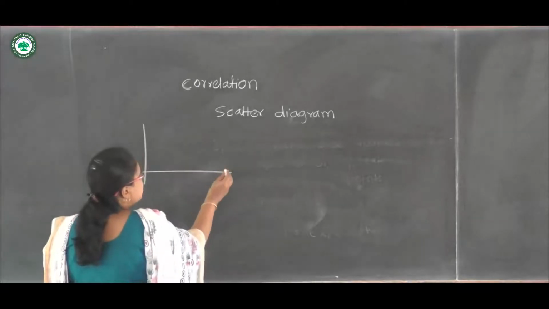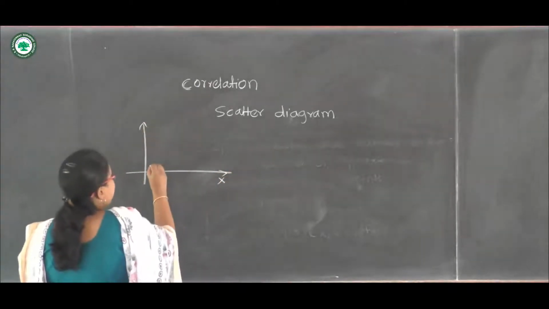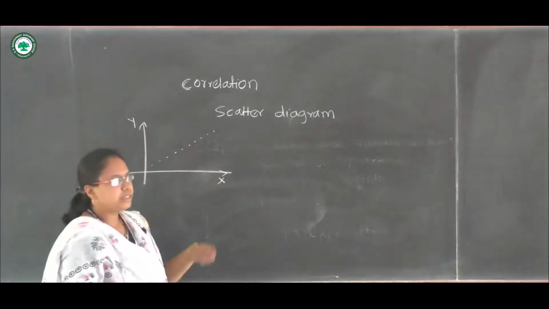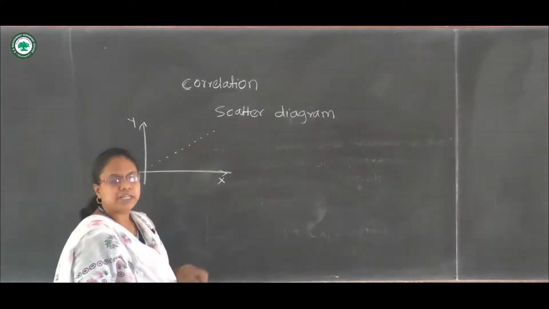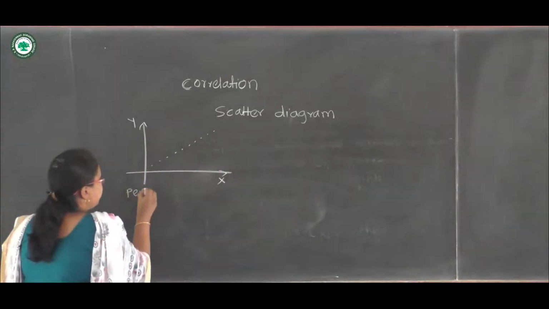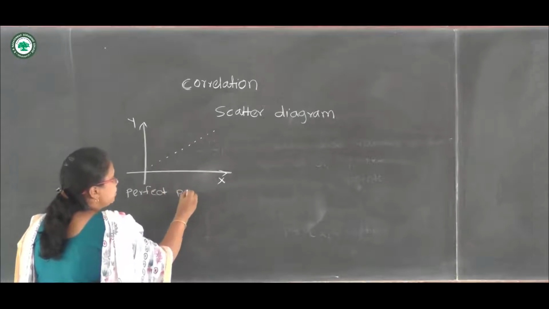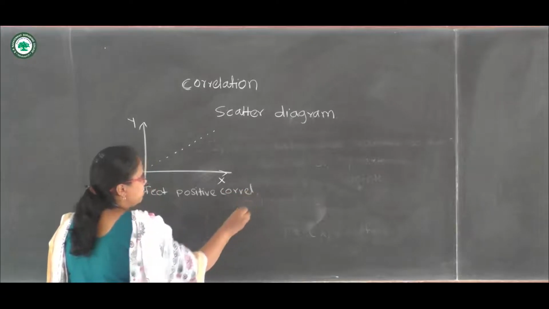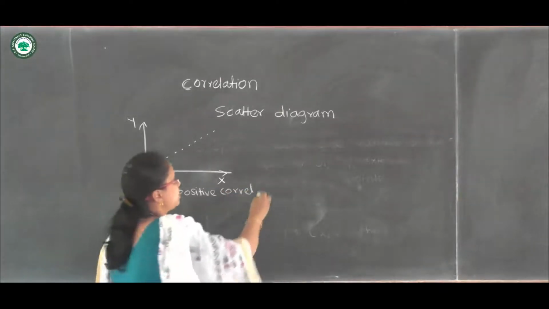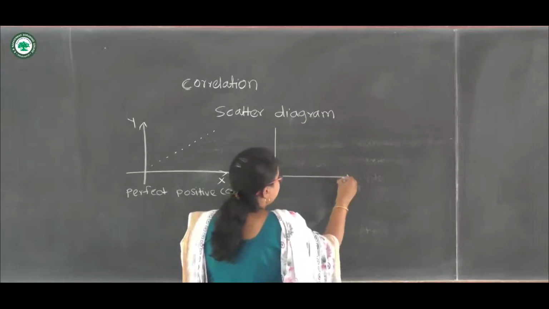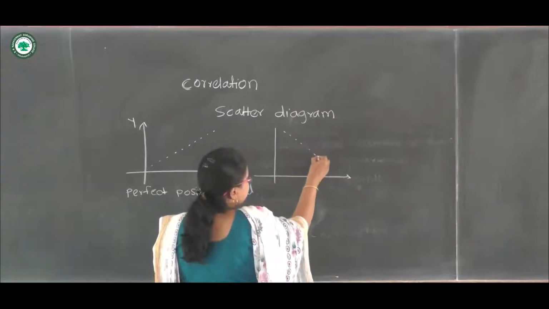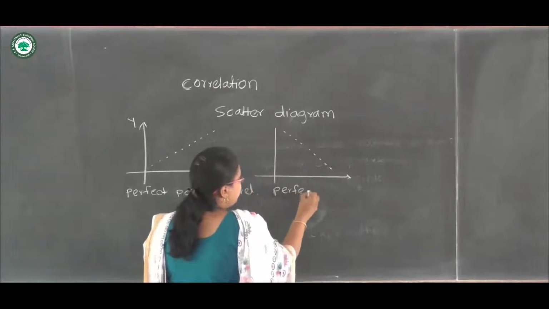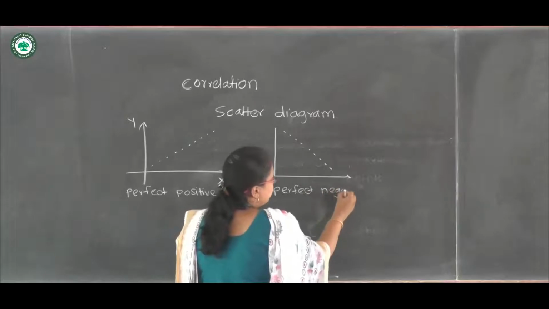Suppose we draw a scatter diagram like this and it shows a pattern between x and y with an increasing straight line, then we say that there is a perfect positive correlation between these two variables. If the scatter diagram shows a pattern like this, a decreasing straight line, then we say that there is a perfect negative correlation